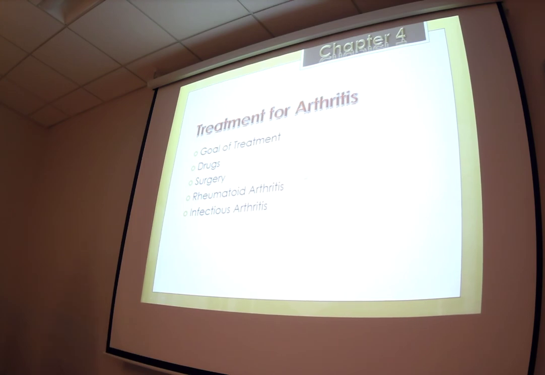So treatment for arthritis. The goal is to fight the infection that's causing it. Do a lot of drug therapy, depending on what the cause is, whether it's bacterial or viral or fungal. They may have to do surgery to do joint replacements, depending on how severe it has gotten, or even debridements to try to remove some of that infection out. It also depends on whether it's rheumatoid or infectious as to the other treatments that go